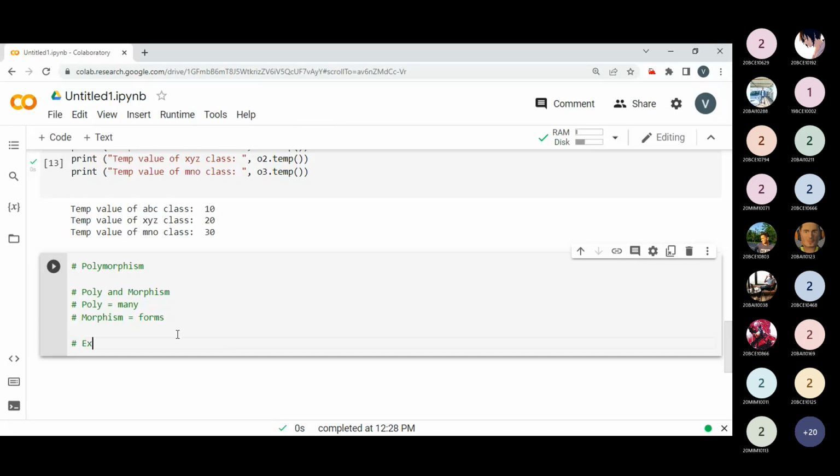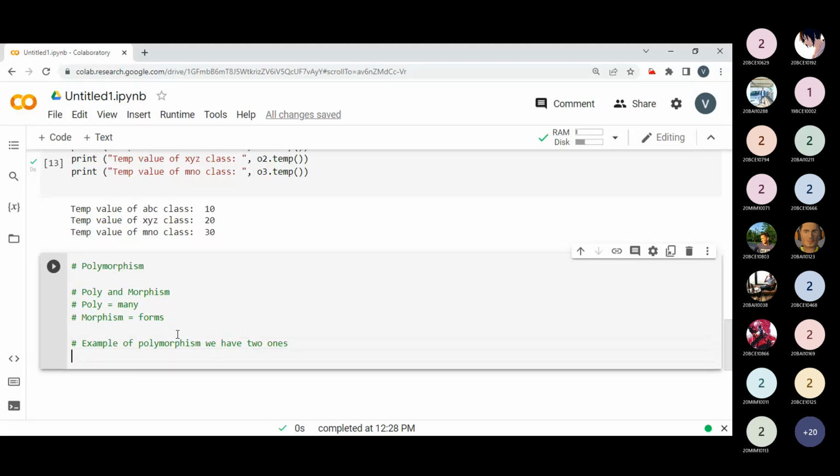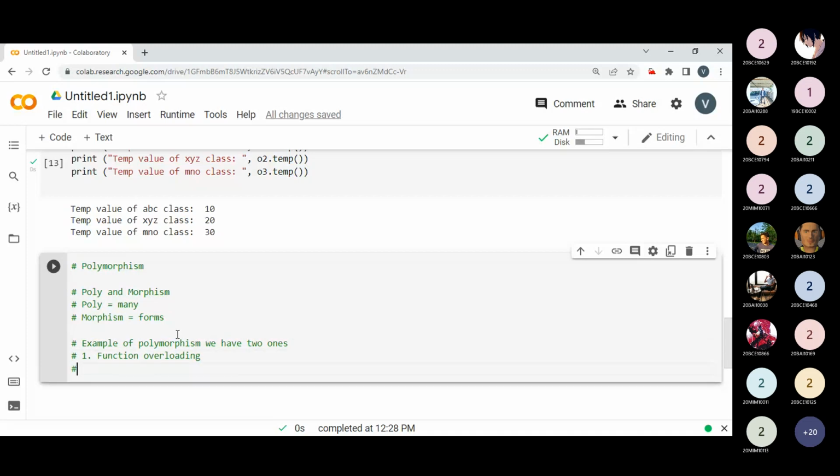Let me take the example of polymorphism. We have two. What are those? First is function overloading. Function overloading means